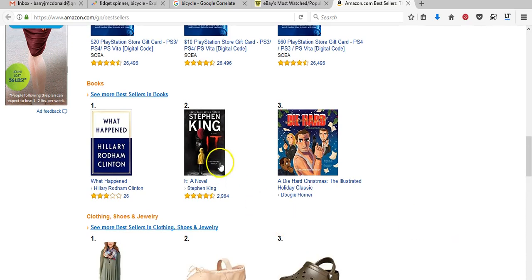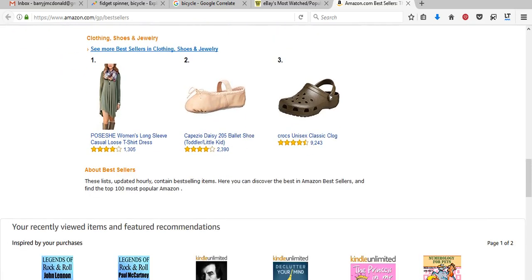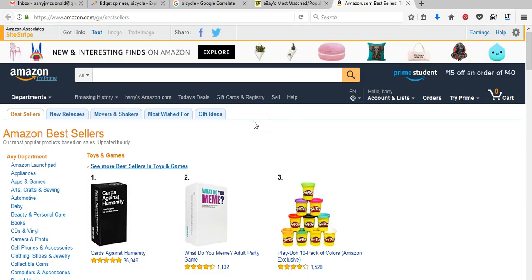And then you can see trends at the moment. Because the movie It is out at the minute, the book is popular again. The best thing about Amazon is that the store is regularly updated, so you know from day to day which way the trends are going, whether something is actually staying in the list or has just been there for a couple of days and then disappears again. So those are 3 different ways you can find out what's trending and whether writing those articles is actually worth your while.